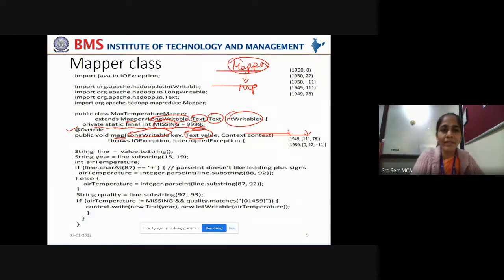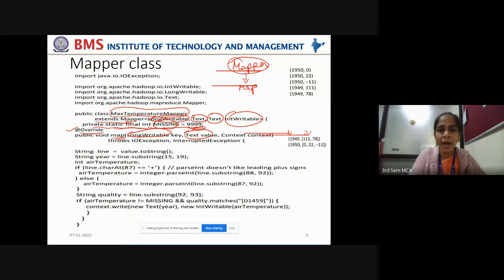You have extended the Mapper class into this customized class MaxTemperatureMapper. When extending into this subclass, the map function of the Mapper class has to be overridden in order to customize the code according to your requirements. For that, we are overriding. To indicate this, we have added some documentation with the annotation, that is, by using Override.